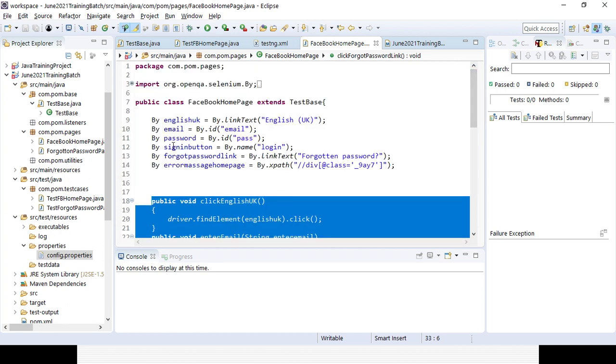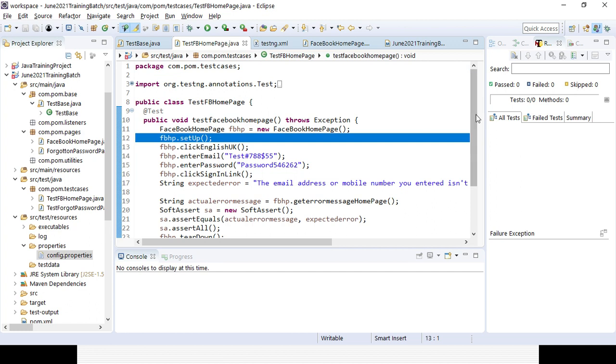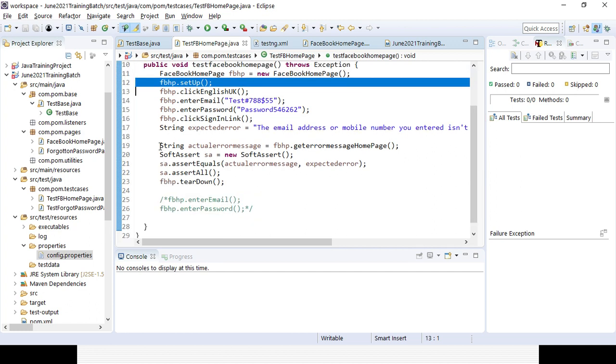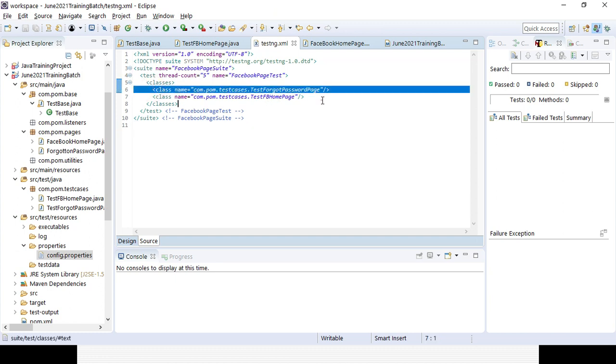So once you have already created the classes for different pages, then you will go to the test cases level. Here we will be calling those important methods, and in case any assertion is required, we can add the assertion, hard assertion or soft assertion. After that, we can go to the testng.xml file after converting the Java project to the TestNG project, and we can include whatever classes we need to run.